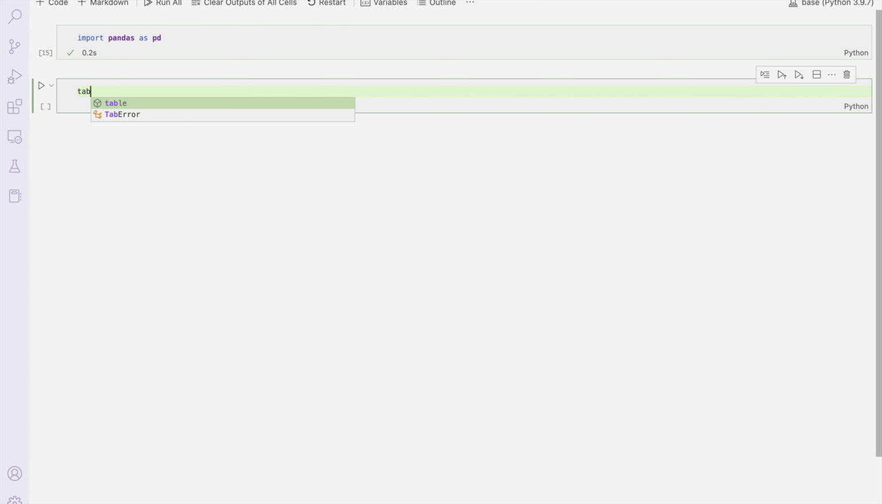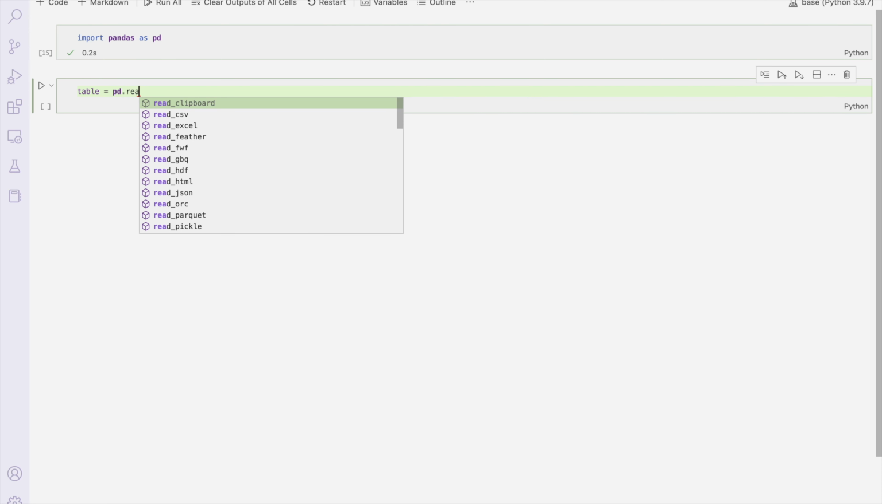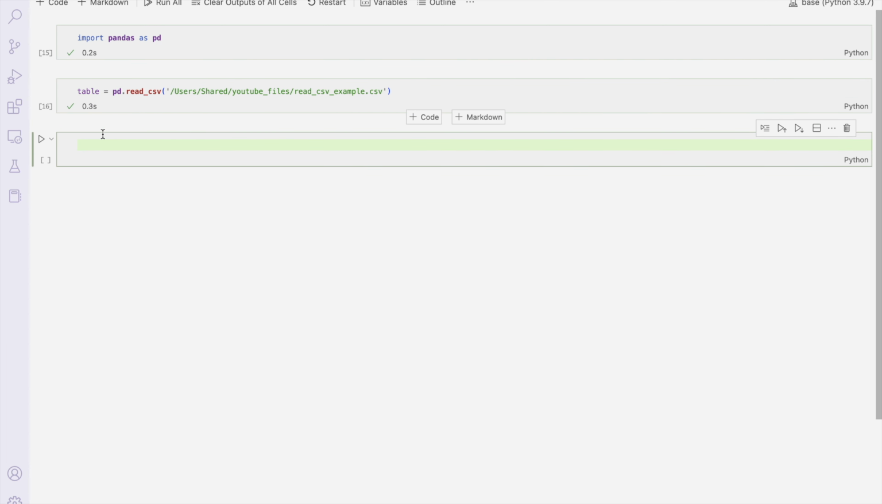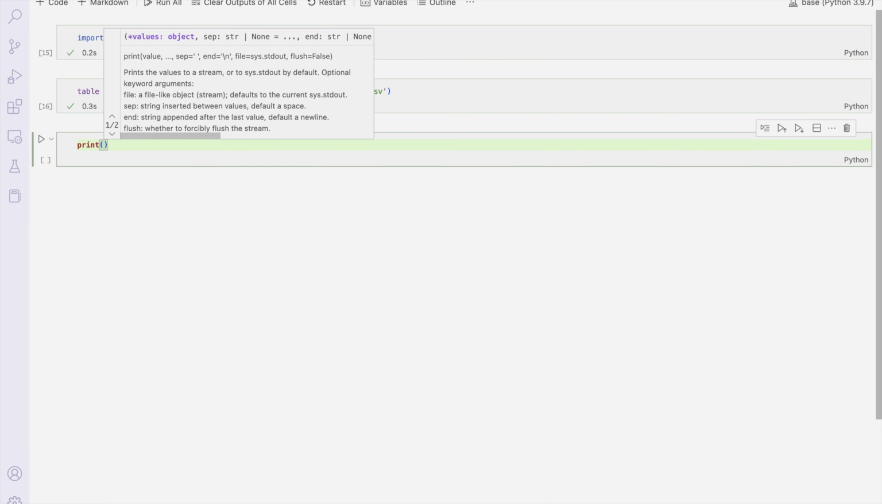So table is pd.read_csv, and in the argument you can put the path to the file on the hard disk. So in this case, it's going to be this. So when you read it, you actually have imported the table. So if you print the table,